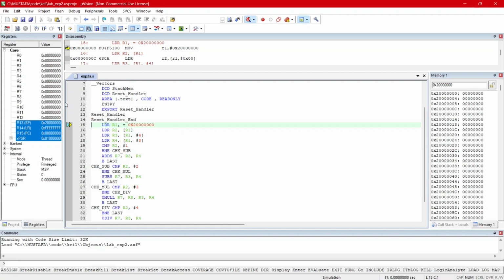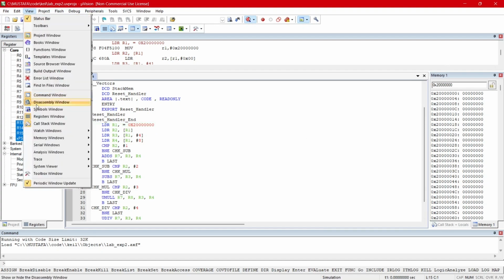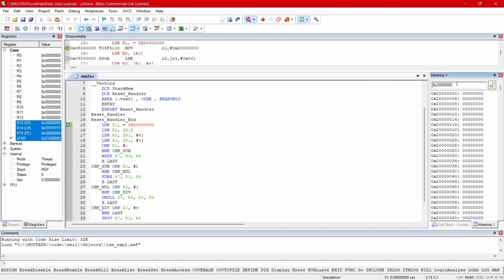So here you can see all the register values as you execute each and every line. And if you don't have this memory window, you can go to view and click on any of the memory windows. Then you can put the memory location here, and then to perform addition you can enter 1 over here, and next to places will be your operands. So say I give something like this,